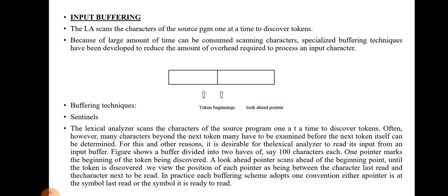So in this video we saw the structure of the compiler, the phases present in a compiler, and the input buffering technique. The compiler is a translator which is used to convert a high level language into an equivalent type of another language. There are 6 phases: lexical analyzer, syntax analyzer, semantic analyzer, intermediate code generator, code optimizer and code generator. These 6 phases can be divided into 2 parts: one is the analysis phase and the second one is the synthesis phase.